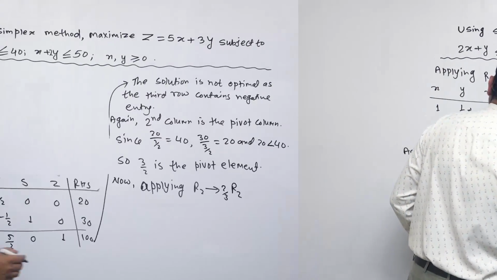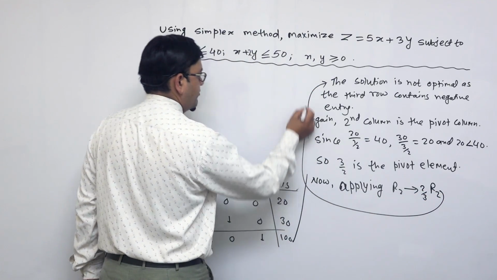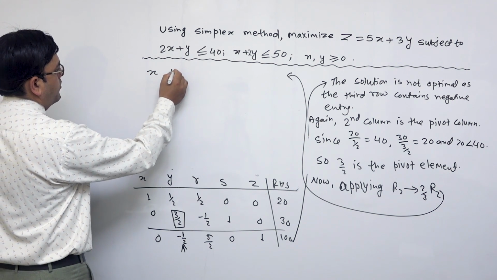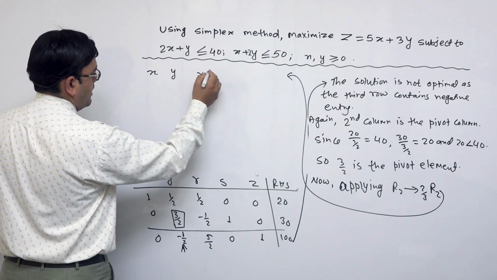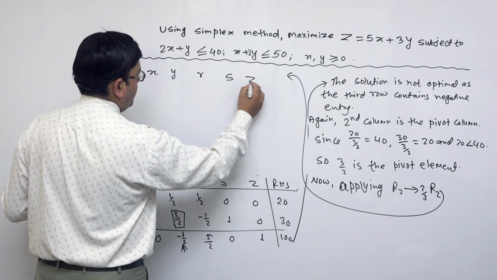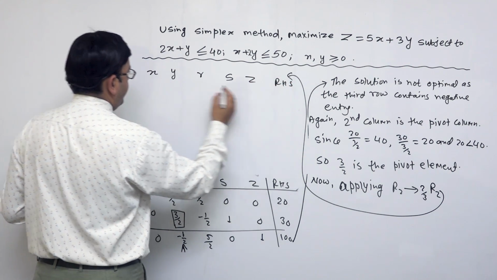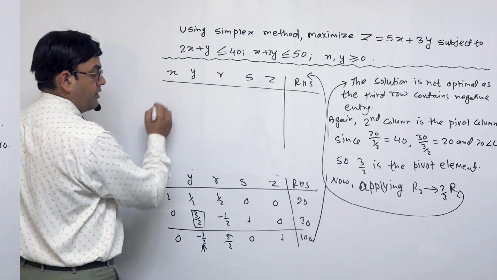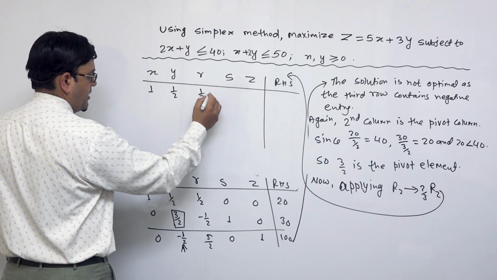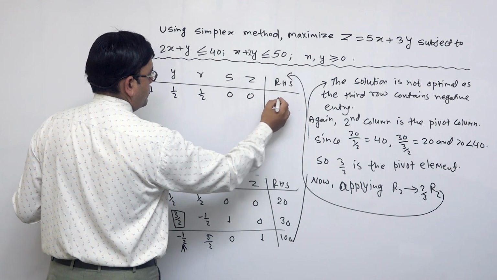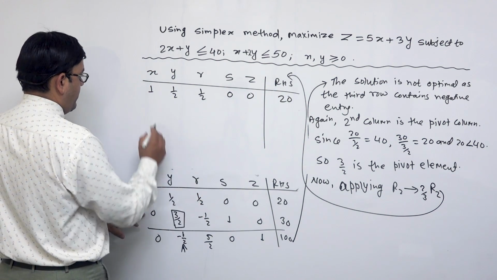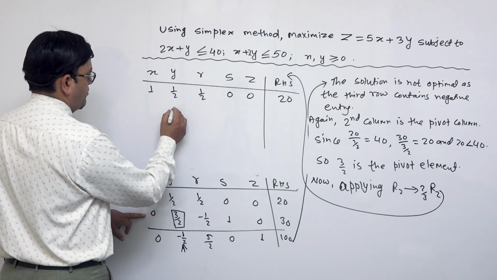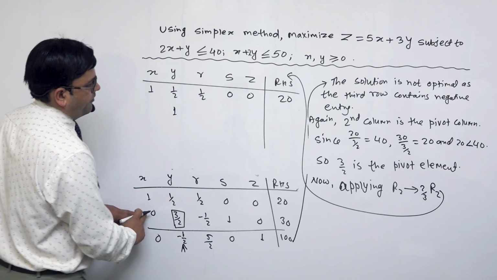यो we can write, हामी अब यसपछि यहाँ लेख्दै छौं x y r s z अनि RHS. x भनेको हाम्रो कति छ, 1, 1/2, y and then this is also 1/2, 0 and then this is also 0 and this is 20 and here we have 3/2. मा चाहिँ के हुन्छ, 1 हुन्छ। अब हेर्नुस् है त, 0 मा के हुन्छ हाम्रो R2